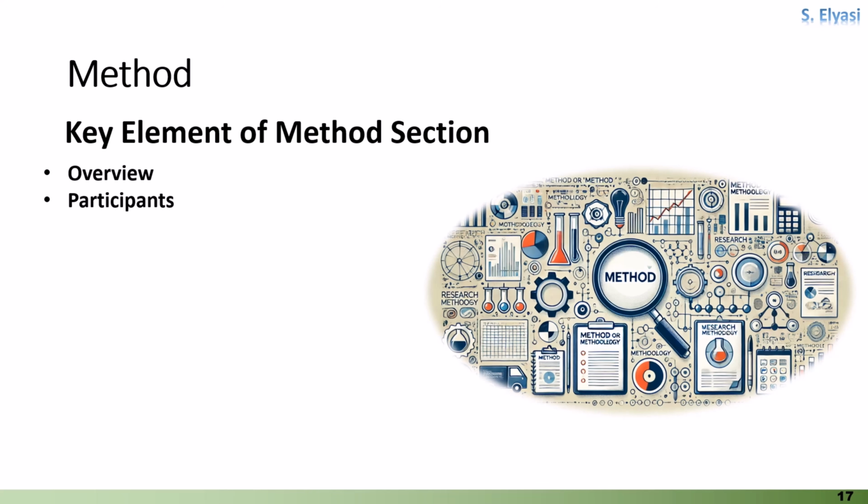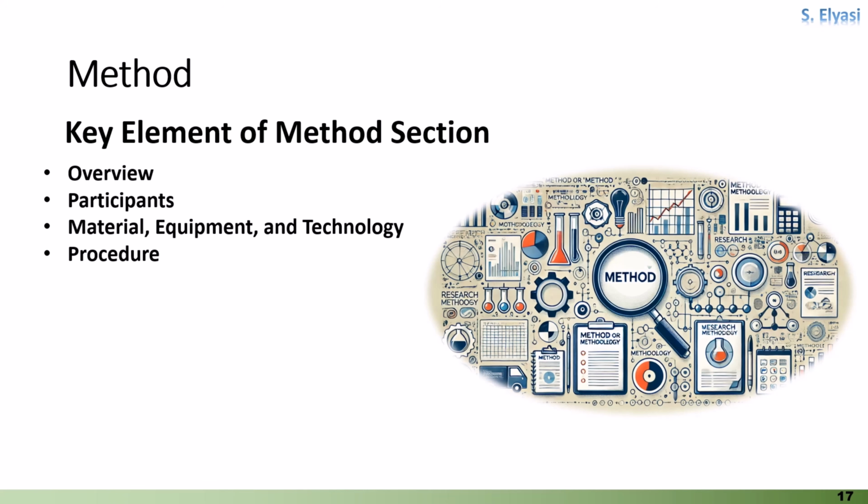In addition, it should include information on how participants were recruited, selected, and if there were any exclusion or inclusion criteria. Material, equipment, and technology: list all materials used, including chemicals, biological materials, or software. Provide details of the equipment and technology utilized, specifying models, manufacturers, and any relevant settings or versions. For software and algorithms, include version numbers, configurations, and any customization.